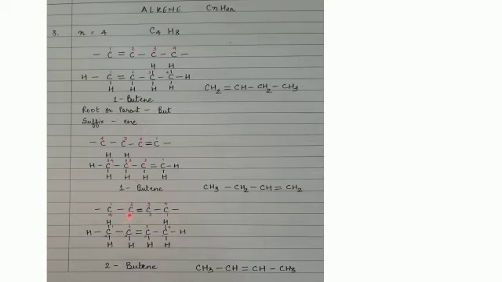The third way is that the double bond is present between carbon atoms number 2 and 3. In this case, you can do the numbering from any of the sides, 1, 2, 3 and 4, or if you are doing it from this side 1, 2, 3 and 4, the double bond is always going to be present between carbon atoms 2 and 3. And out of these, the smaller number is 2. So this will be called 2-butene.